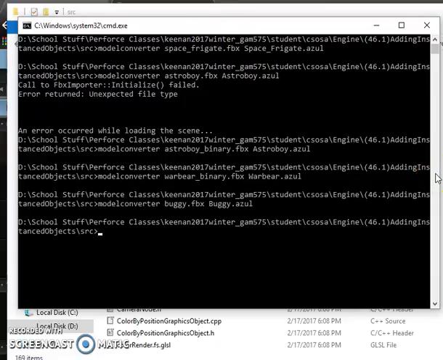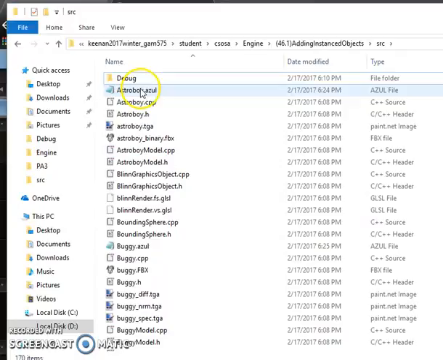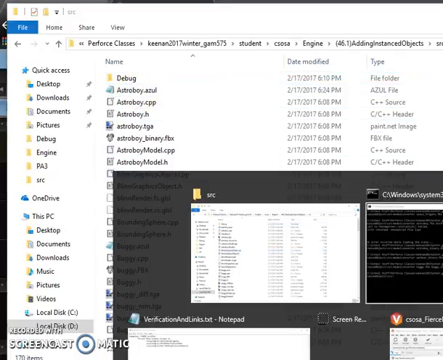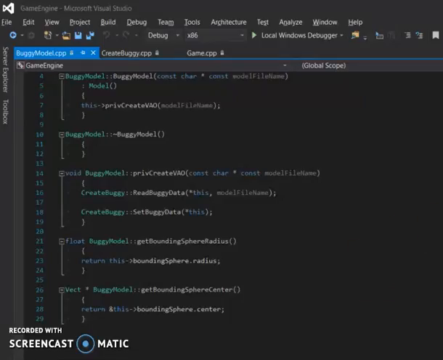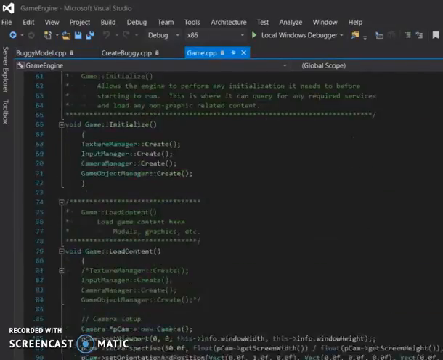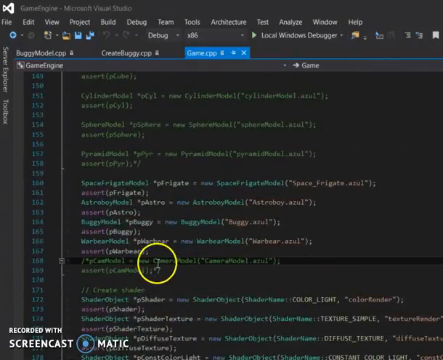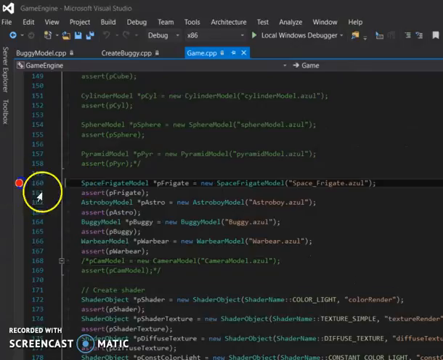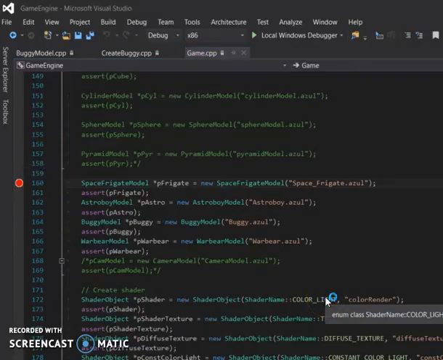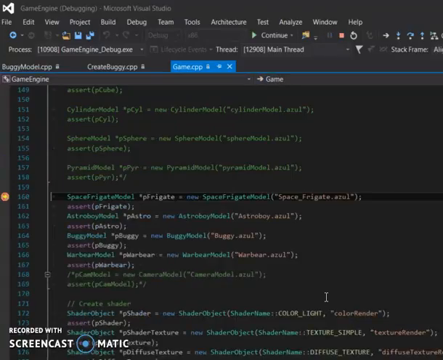Alright. So, I got my Azul files now. To create the models, I just open up the model, I create a new model, which basically runs through,